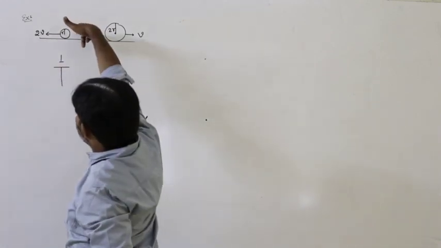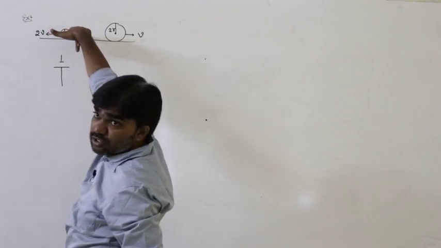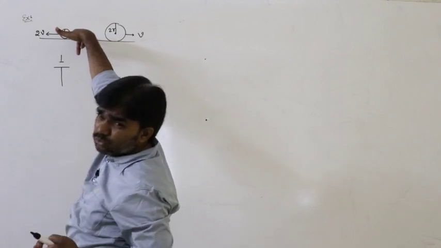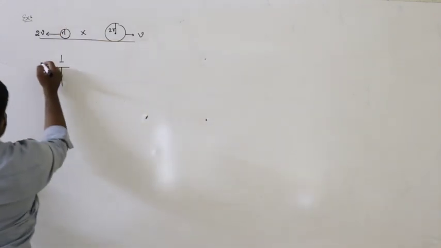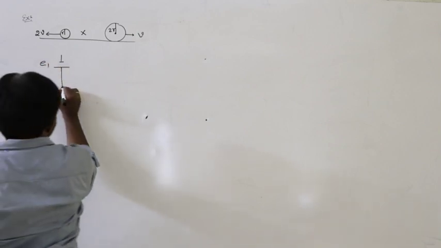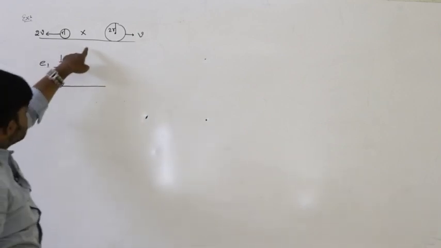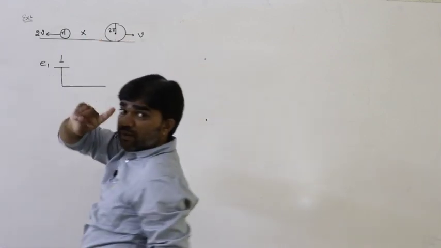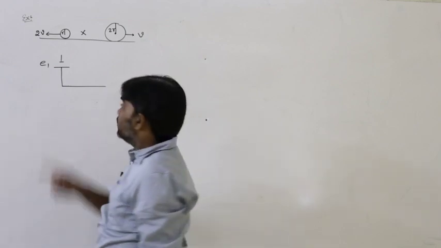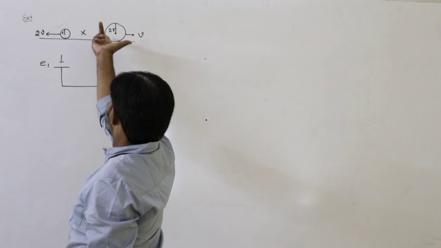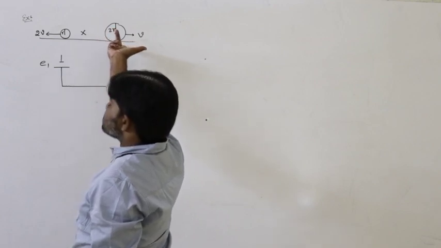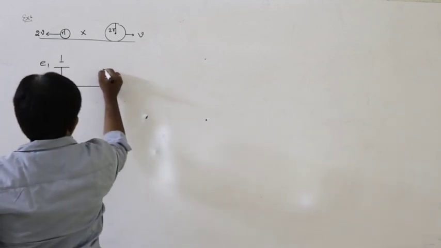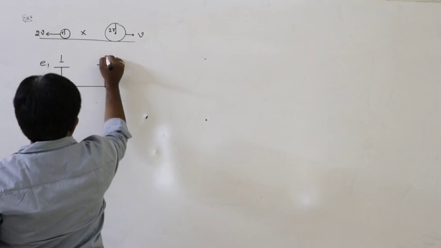The forefinger indicates the direction of the magnetic field, the thumb indicates the direction of motion of the conductor, and the central finger indicates the direction of current. Current always flows from the negative terminal to the positive terminal. So this is E1, and this is the conducting surface, through which the current passes. Next, here is the direction of the magnetic field. Applying the same rule, here this is negative and this is positive.